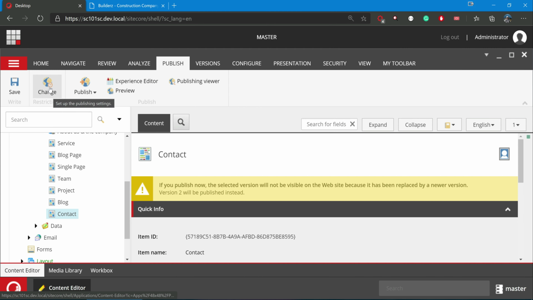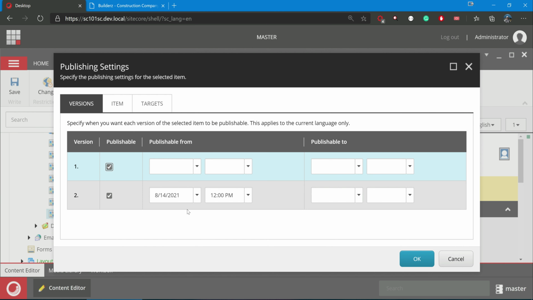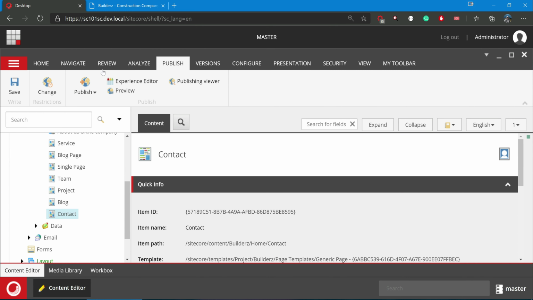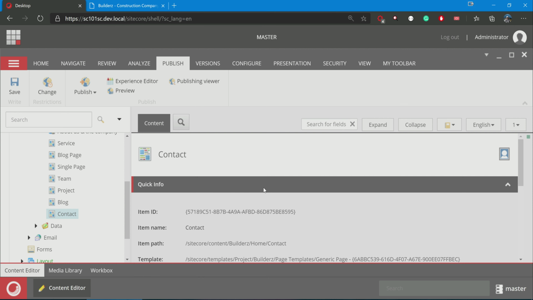If you go here to change, you can notice we have just set today's date and 12 p.m., and from this time onwards this new version will be available. So the second version. If I want to hide this and go back to the older version, I can just click this, okay, and publish.